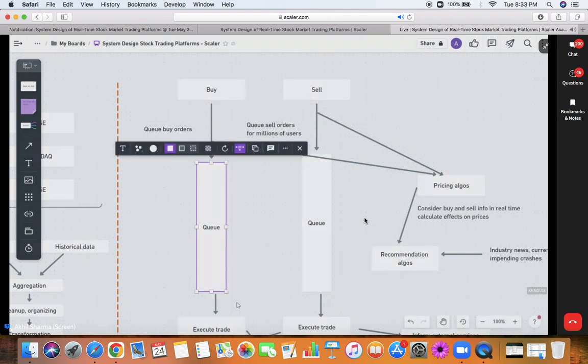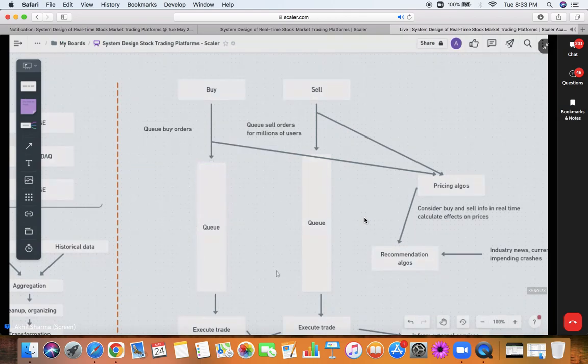Now, if somebody doesn't know queues, I'll give you the very basic terms, and later on we'll understand more about queues. Right now, just very basically, a queue is something that helps you order out your events, or your orders. In this case, these are orders, or you can also call them events. If you want to buy something or sell something, that's an event going through this queue, and you want to order it out. You want to keep them in order, and queues basically help you maintain it